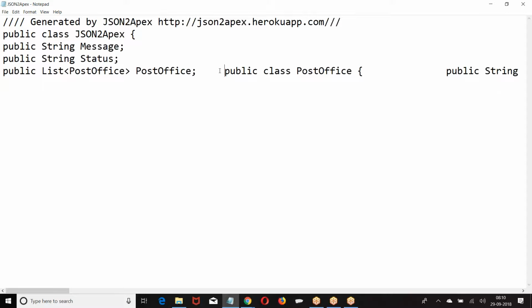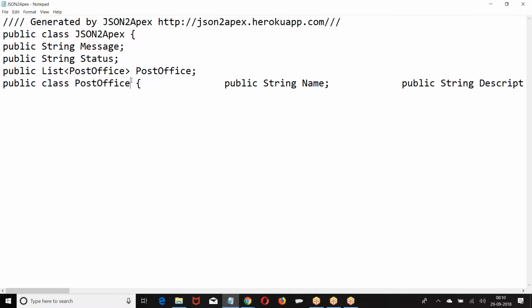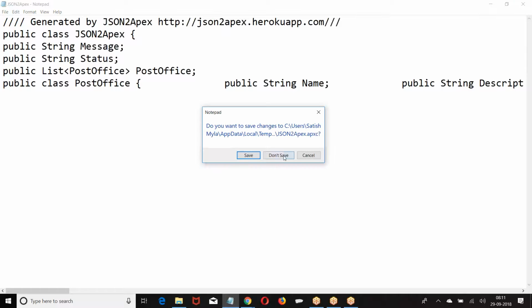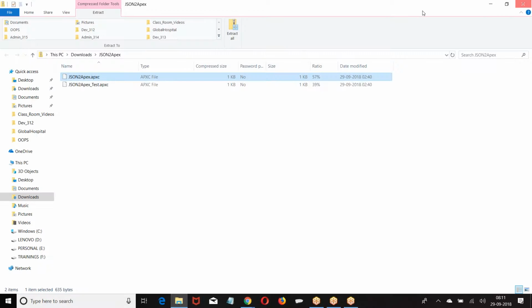This is a wrapper class. If you create this wrapper class, then you can convert it. If you cannot create this wrapper class, what can I do? You don't want to take the headache of converting all this stuff. Simply I can go with